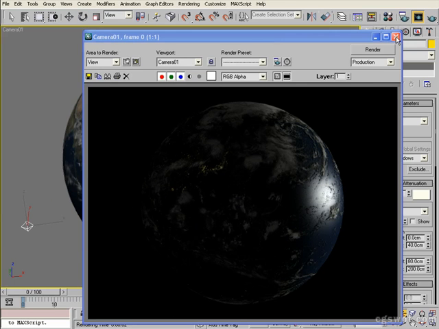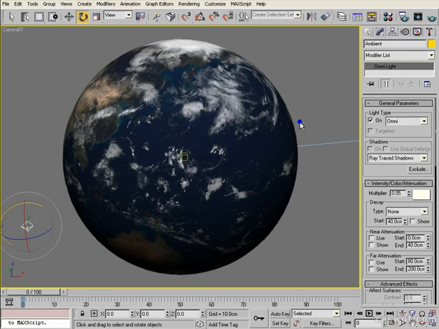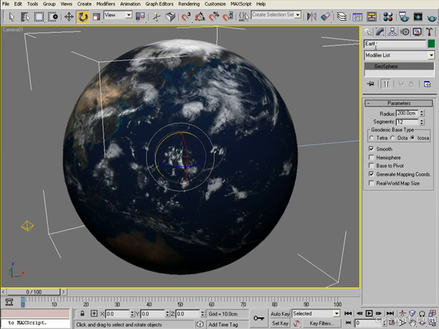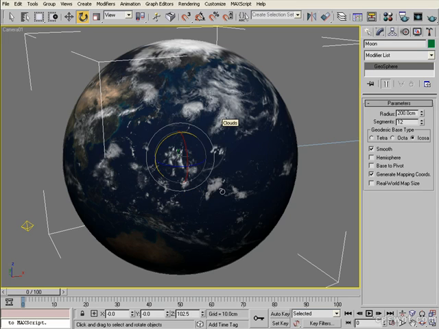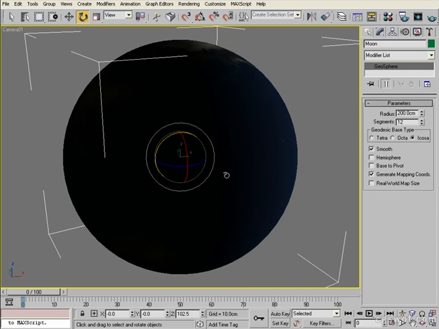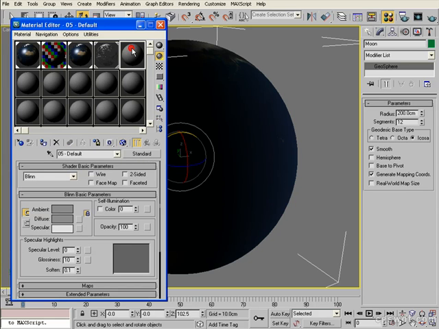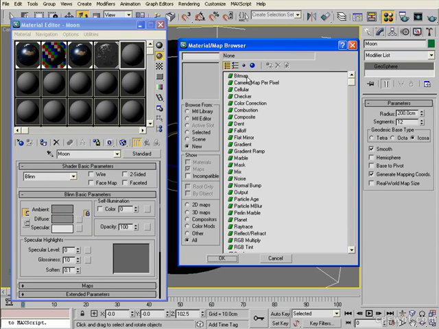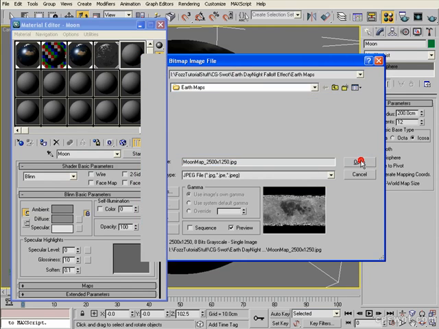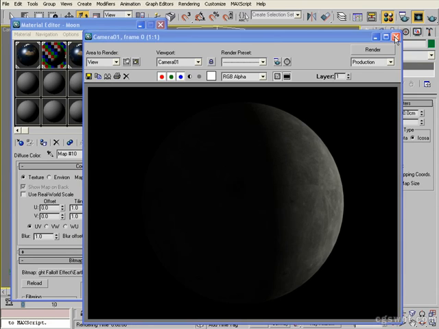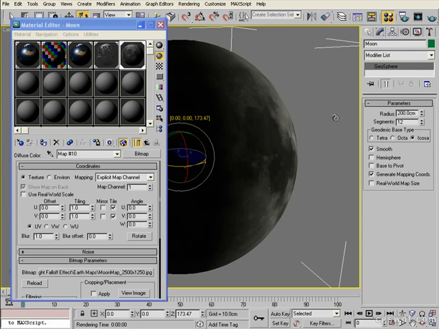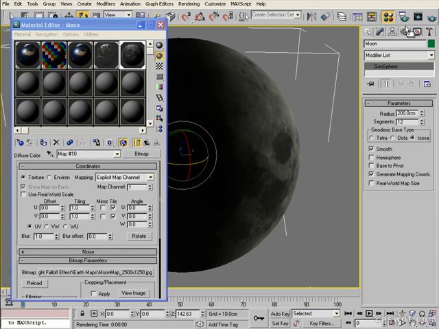Okay, so that's our material there for now, and what we'll do quickly is we'll just grab our Earth, and we can see that it's selected there, and we're just going to clone it. We'll call this Moon as a copy. We'll go OK, and then we'll hide unselected, so we're just left with the Moon here now. We'll hit M, new swatch, we'll just call it Moon, and hit the diffuse bitmap, and we'll use our Moon map. We'll go OK, and we'll apply it to our object, and we'll just rotate the Moon around to something that we're a little bit more used to seeing,